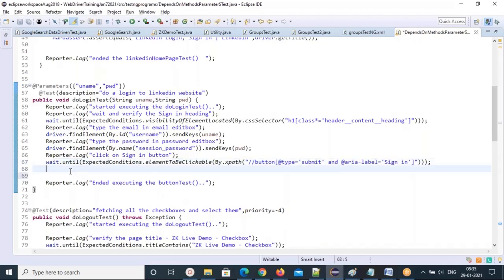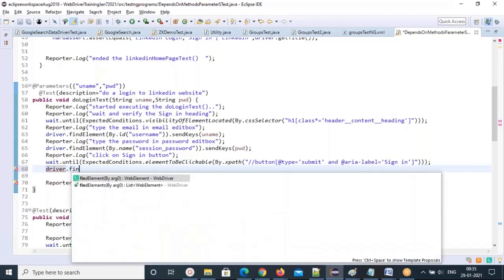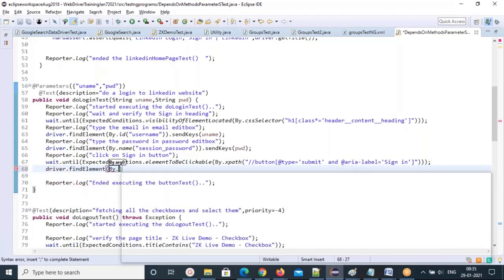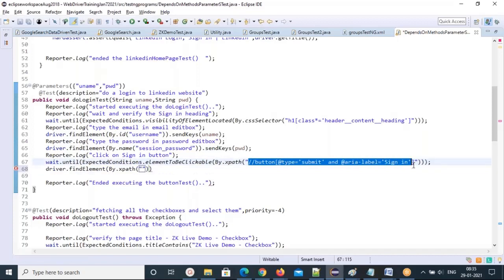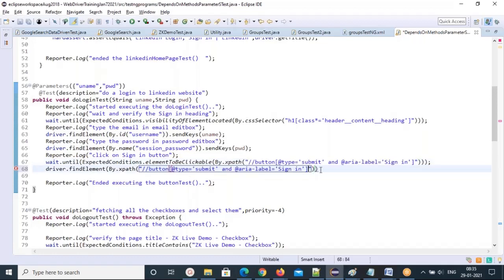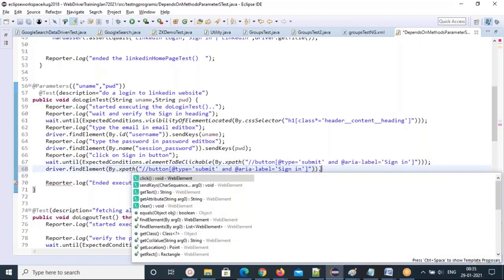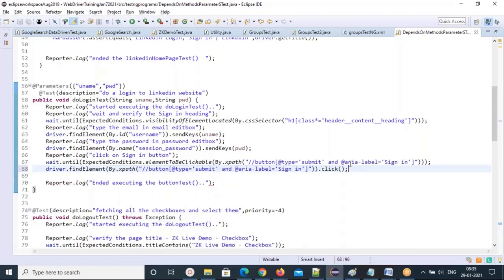Then you click: driver.findElement by XPath, give that XPath. But in real time, we are not going to write this XPath two times, only one time. You will identify the element one time, then use it. That's a more optimized way we are going to write. Don't worry about this, as of now just bear with this two times. If tomorrow a change happens, you need to change it in two places, right? That we are going to avoid in the framework.